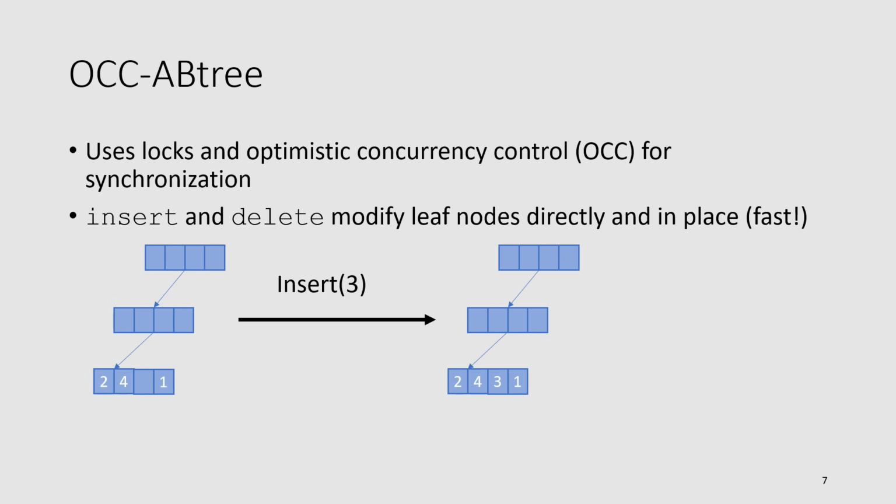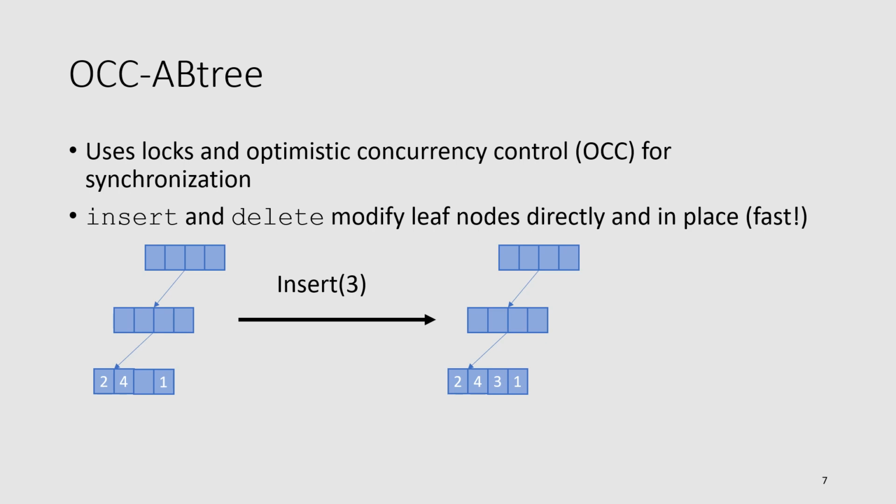In our paper, we present the Optimistic Concurrency Control A-B tree, or OCC A-B tree for short. Like the lock-free A-B tree, the OCC A-B tree is a concurrent implementation of Larson and Fagerberg's relaxed A-B tree. Some of the differences are that the OCC A-B tree locks nodes before updating them to avoid conflicts between updates. Specifically, we used MCS locks, which are much more efficient than spin locks in multiprocessor systems. To deal with concurrent updates during a find operation, we use optimistic concurrency control, which is essentially a version number